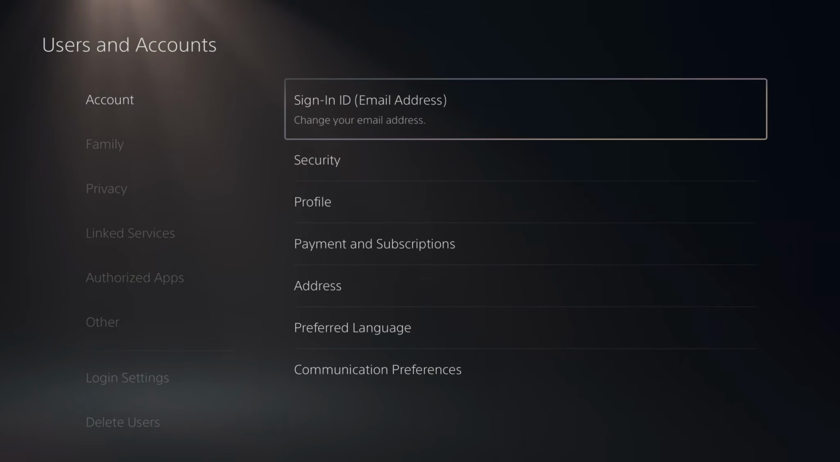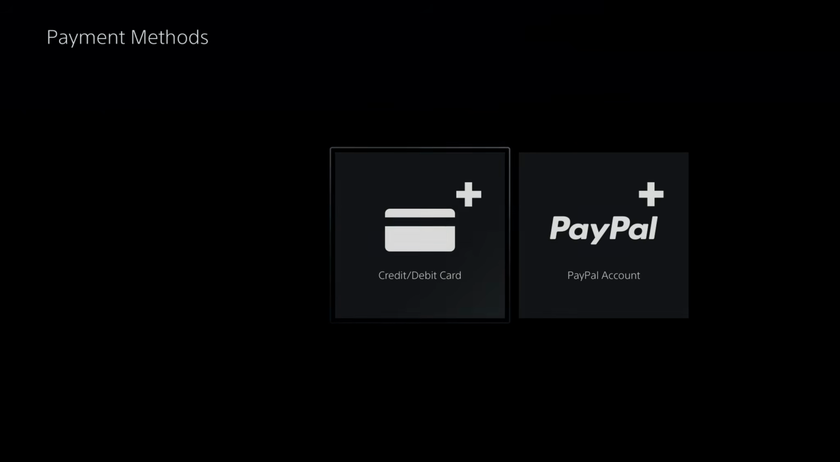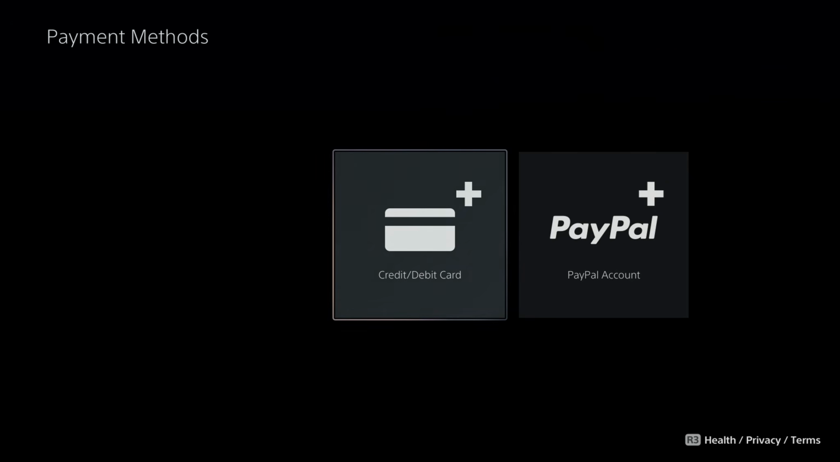Then you want to wait for account settings to load, and go to Payment and Subscriptions. So we're going to go to Payment Methods at the top, and if you have a payment method in here, press the Options button on your controller, and you want to remove the payment method, and try re-adding it and make a purchase. Now if that doesn't work, try adding a different payment method and go to the PlayStation Store